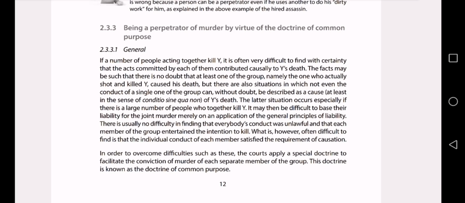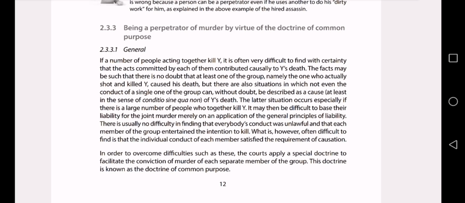Being a perpetrator of a murder by virtue of the doctrine of common purpose. If a number of people acting together kill Y, it is often very difficult to find with certainty that the act committed by each of them contributed causally to Y's death. The facts may be such that there is no doubt that at least one of the group, namely the one who actually shot and killed Y, caused his death. But